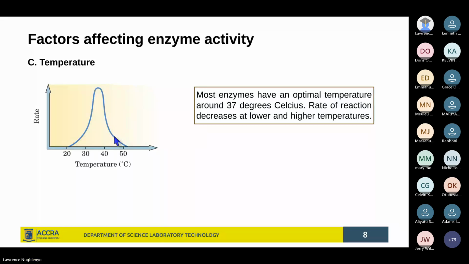Now, you see the practical application of this is that we preserve food with the process of refrigeration. And what is the purpose of preserving food? The purpose of preserving food is to keep the food for a longer time, keeping it away from spoilage. And you need to understand that what causes food spoilage is the